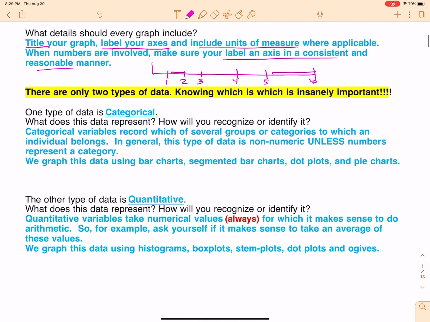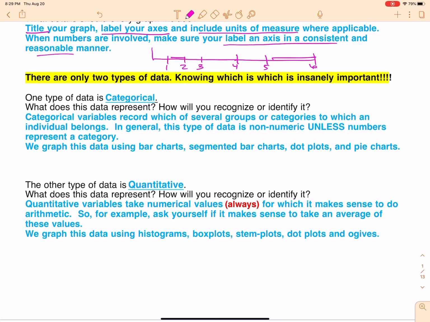Okay, so let's jump right into this highlighting. That means it's real important. Okay, kids, anytime you see yellow highlighting in these, please pay attention. I cannot stress this enough. So we have two types of data that we're going to focus on in this unit. And actually, these are going to come up throughout the year. So it is very important that you understand the difference between them. Categorical versus quantitative.